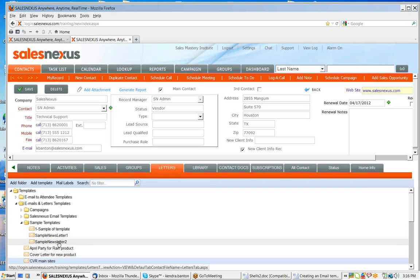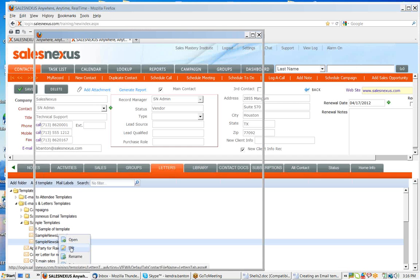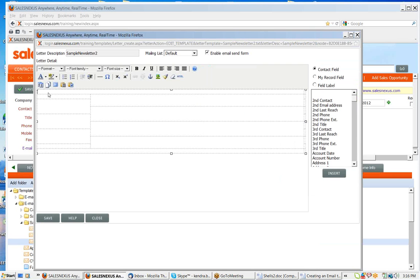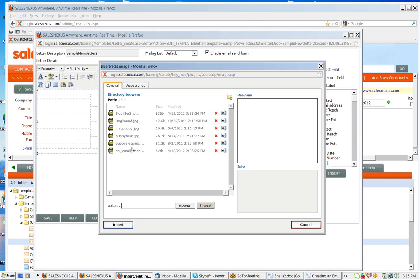So if I go into Sample Newsletter 2, I'm going to right-click on it and go to Edit. What we've done is I've put a table in here, just some basic information. But if I put my cursor in this first part up here, I can come in and insert my logo. So if I come into SalesNexus letterhead,